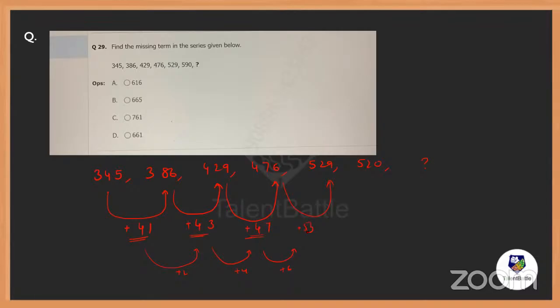Let's check. 6 plus 3 is 9. All right. Now, 7 plus 5 is 12. So yes, sir, that is correct. So next should be what, everybody? Plus 8. 53 plus 8 will be 61. Right? So 529 plus 61 will give you definitely 590. Correct or not? Yeah. So the next should be what, everybody? Plus 10. 61 plus 10 will give me 71. So 591 plus 71 will give me 2, 16, and 6. That's going to give me 662. But that is not there, everybody.